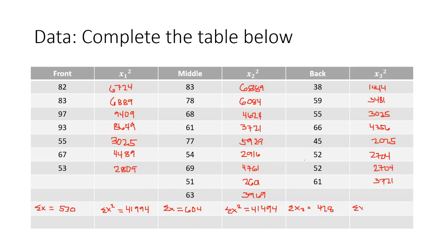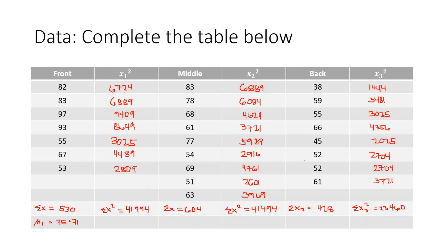Summation of x sub 3 squared is equivalent to 23460. Okay, so that is our summation. Now for the front, middle, and back, we have to find the mean of this one. So let's have